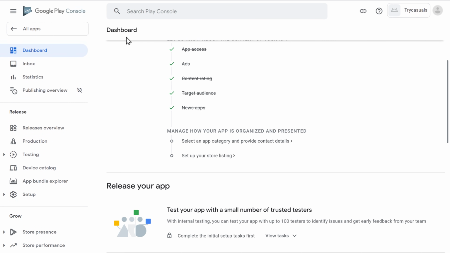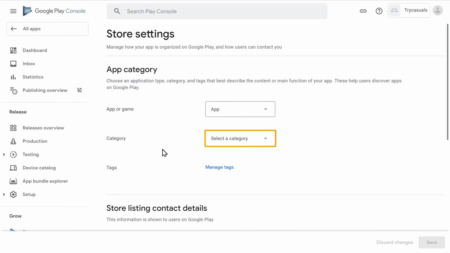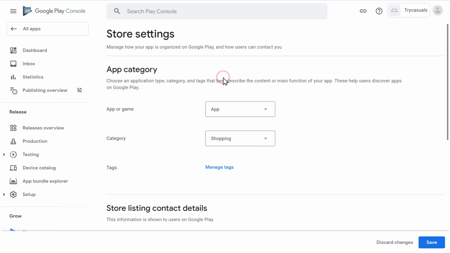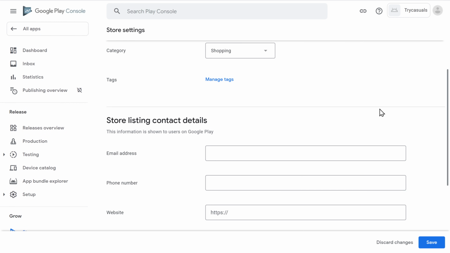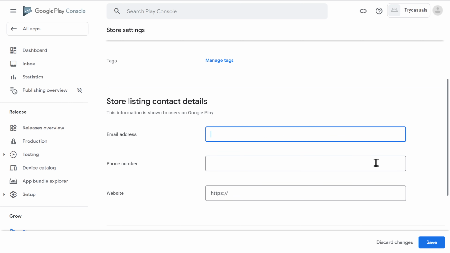Now scroll down, click here and choose your app category. Then scroll down and enter your contact details. And click Save.